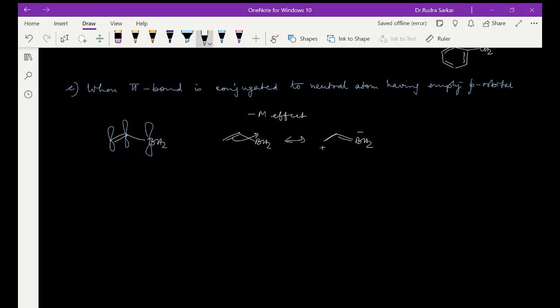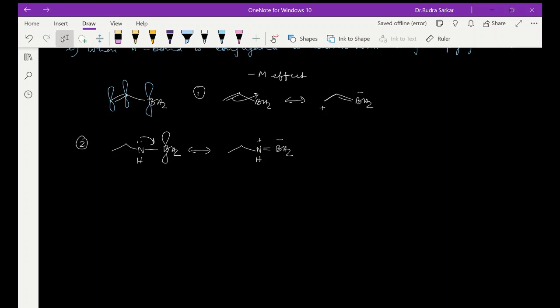ऑलराइट, एक और एग्जांपल देख लेते हैं। अगर ये एग्जांपल हमारा 1 है तो 2 पे एक एग्जांपल और देख लेते हैं, वो क्या हो सकता है। मानो कोई NH ग्रुप हो और उसके बगल में BH2 हो, तो इसका जो लोन पेयर है यहाँ पे आ सकता है ऐसे करके, मतलब इसके जो MTP ऑर्बिटल उस पे आ सकता है। तो ये क्या हो जाएगा, N डबल बॉन्ड BH2 माइनस, और इस पे हो जाएगा प्लस, क्योंकि नाइट्रोजन हमारा क्वाड्रिवेलेंट हो जा रहा है।